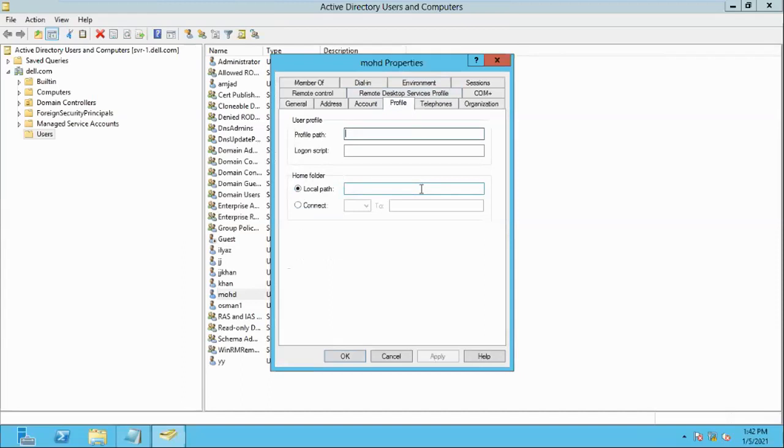In the workgroup model, all users want to maintain a centralized database, because all users want to save in a particular folder on a particular system. So we need to create one folder on that system and map this drive. That is called map drive. Here we call it home folder. In the home folder option, click connect.